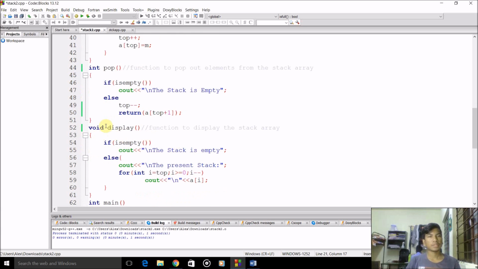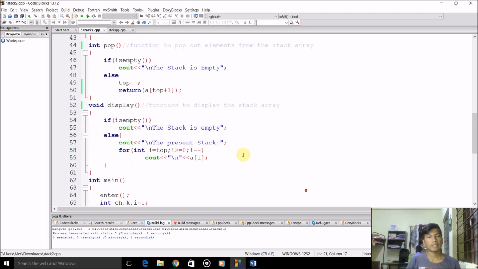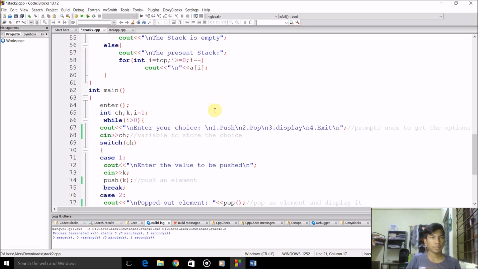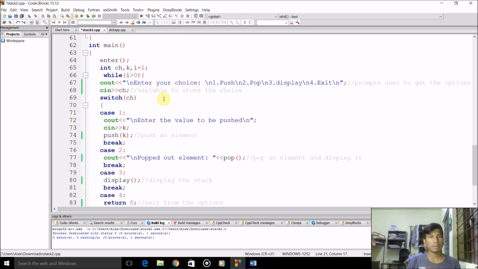The last function is the display function. This function is to simply print out the present status of the stack, that is the elements which are in the stack, and you can do it using a loop. It will start from top, using the loop. So this way it will display the stack. Next, moving on to the main function, here we will program a menu driven